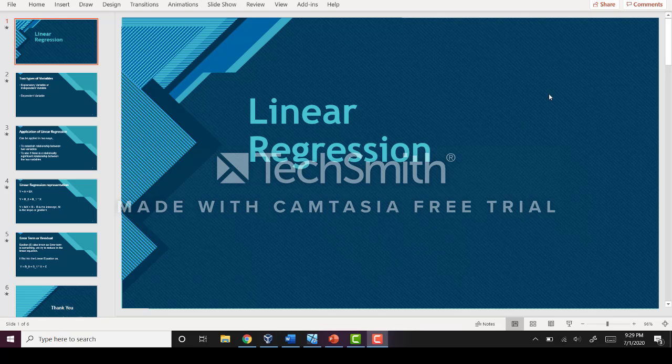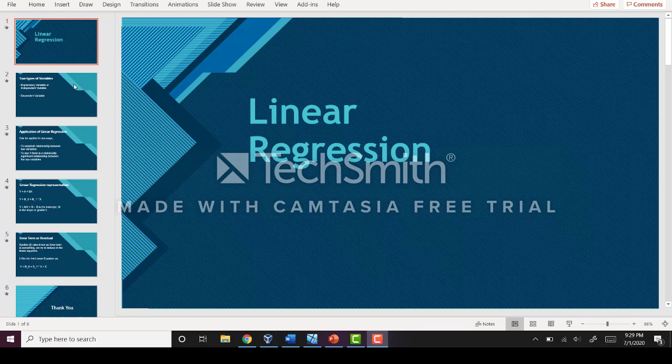Linear regression attempts to model the relationship between two variables by fitting a linear equation to the observed data. The data is a series of x and y observations along the scatter plot. They don't follow a straight line, however, but a linear pattern. Hence, we get the term linear regression.